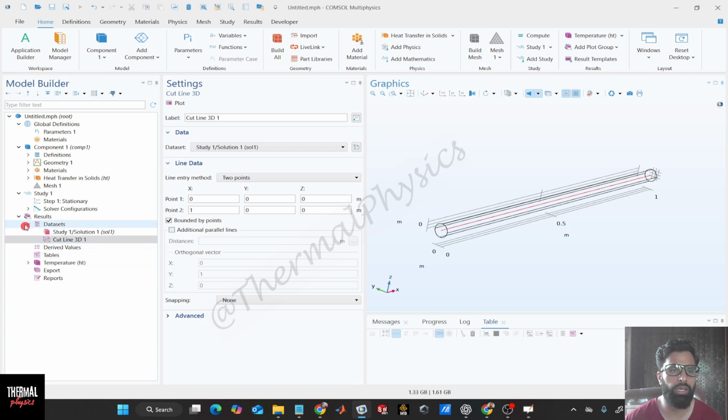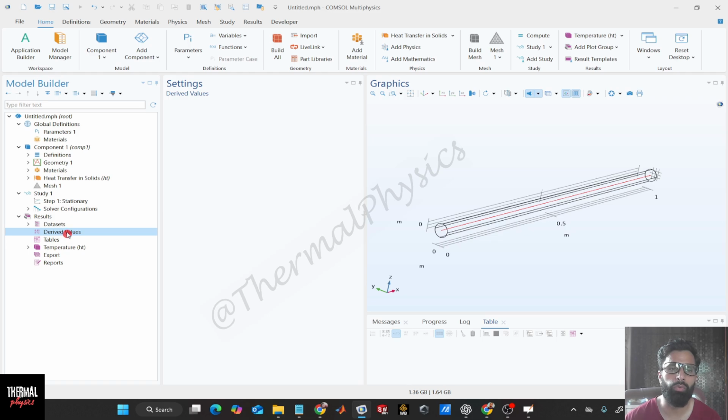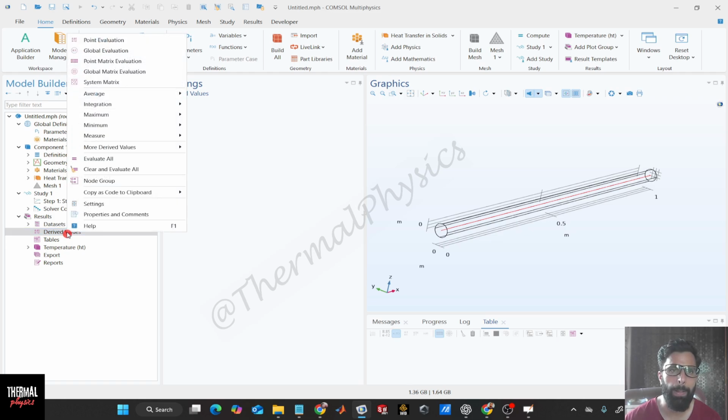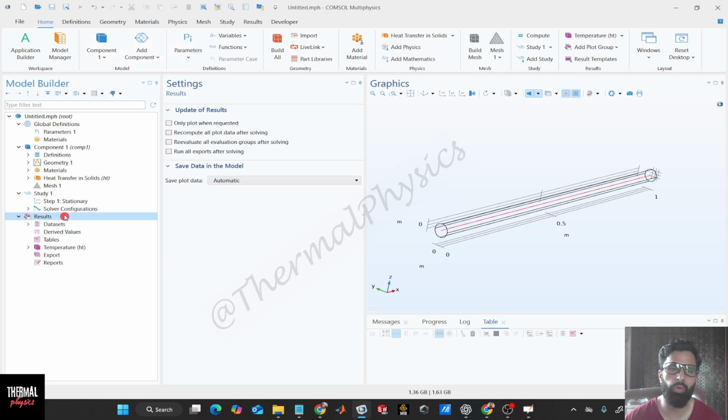Now we are done with the data set. All the data that it has derived while solving this problem is saved in derived values. Then we go to derived values. First of all, we have to draw the graph. For graphs, we have to go to results and